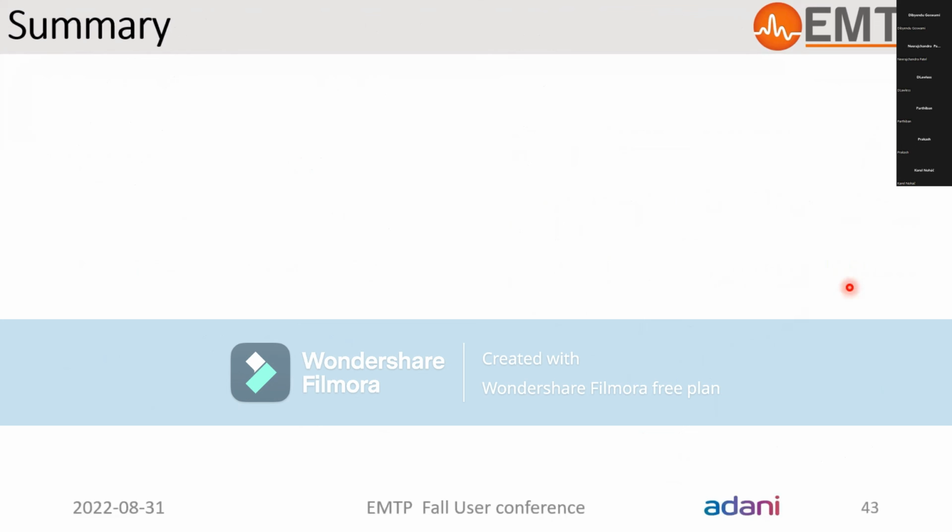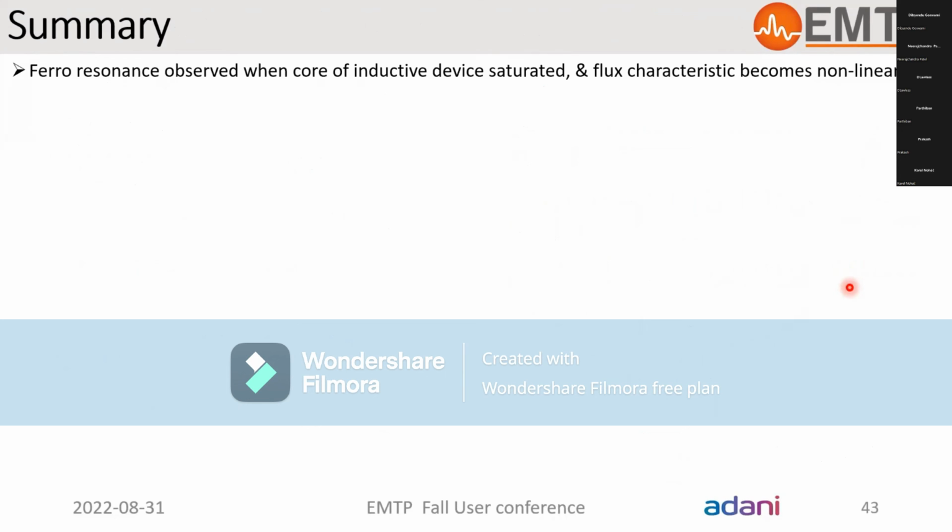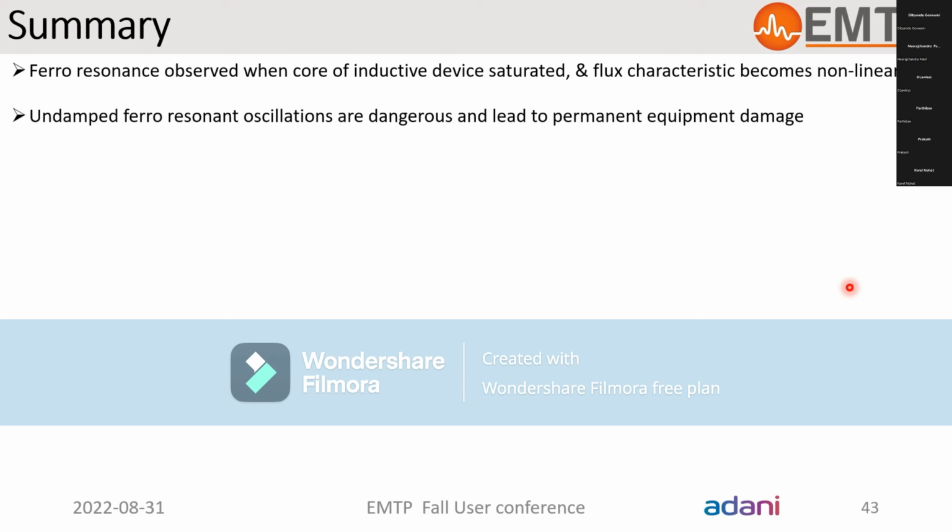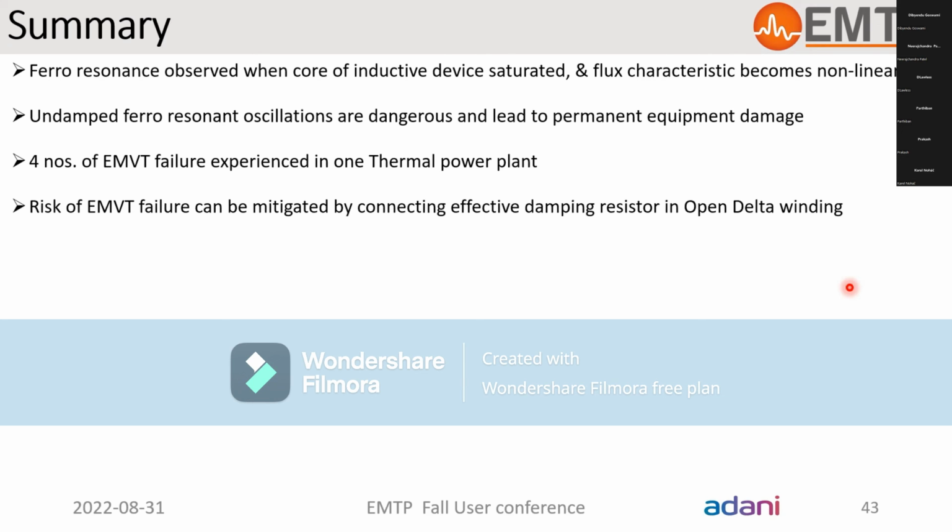So what we have discussed so far can be summarized in this way. The ferroresonance phenomenon may take place when the core of an inductive device becomes saturated and its current-flux characteristic becomes nonlinear. Undamped ferroresonance oscillations are dangerous to the equipment and potentially lead to permanent equipment damage. A number of EMVT failures were experienced in a particular thermal power plant. These EMVTs were installed in the typical configuration. The risk of EMVT failure can be prevented or mitigated by connecting an effective damping resistor device in the open